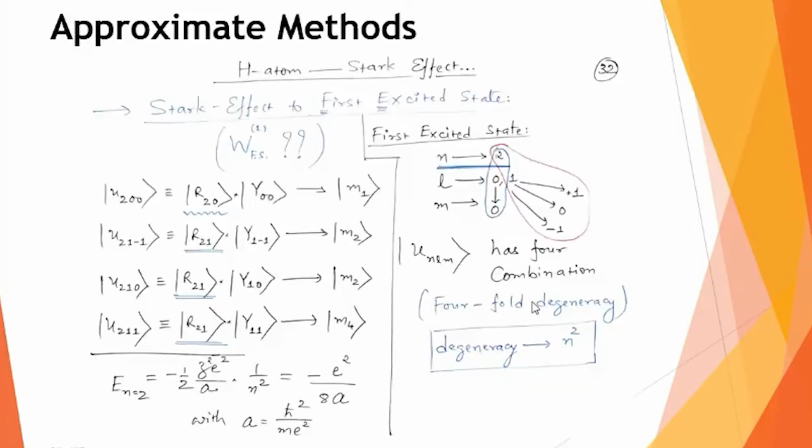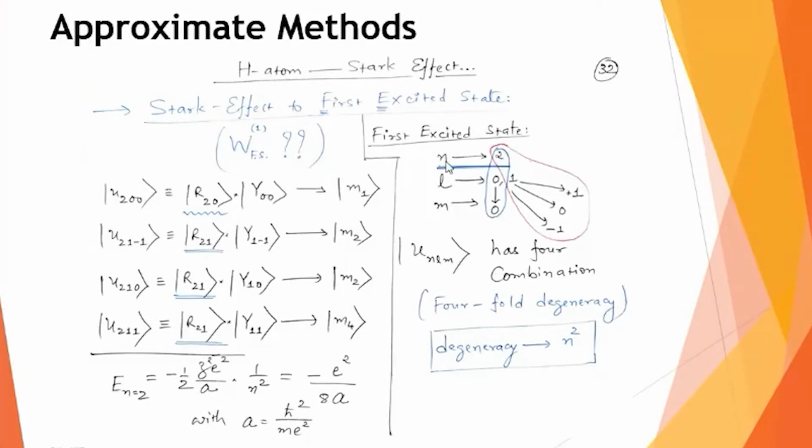So I go to the next topic, where still the title is the same. We are studying the Stark effect of a hydrogen atom system, but now not the ground state; we are considering the first excited states. And whenever you say the first excited states, obviously the three quantum numbers characterizing your state, principal quantum number n, orbital angular quantum number L, and magnetic quantum number m, will now take different values. For the ground state, it was n equals 1, L equals 0, and m equals 0.